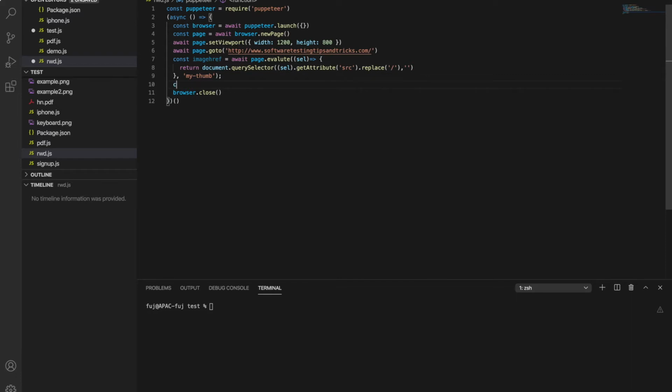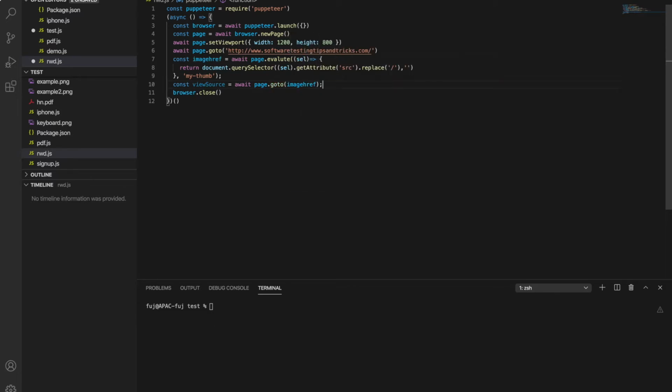So I will take one constant. I will give the name as view source, equal to await page.goto this URL.